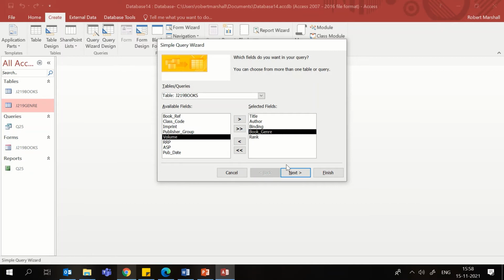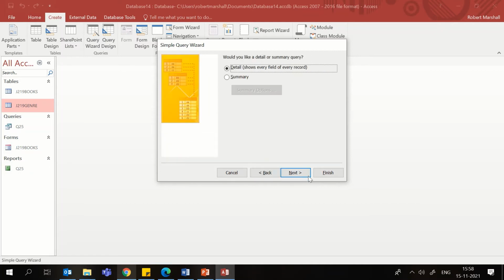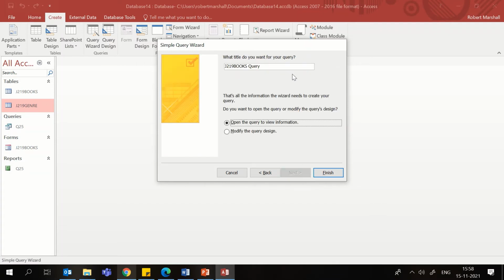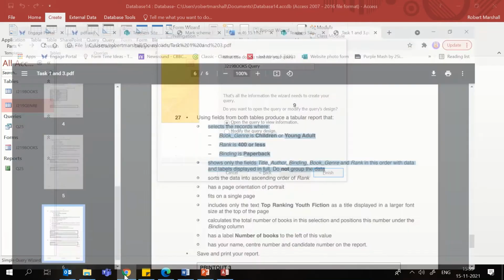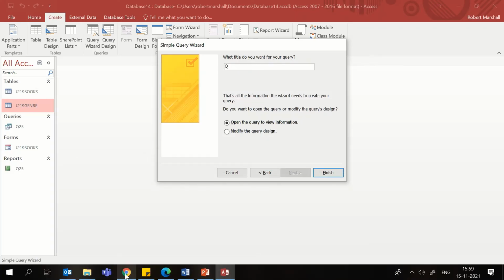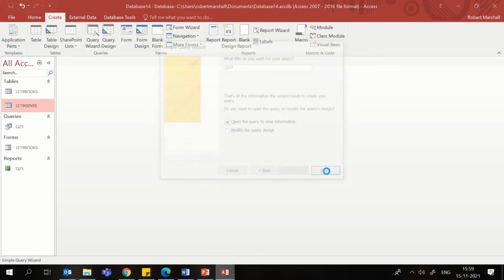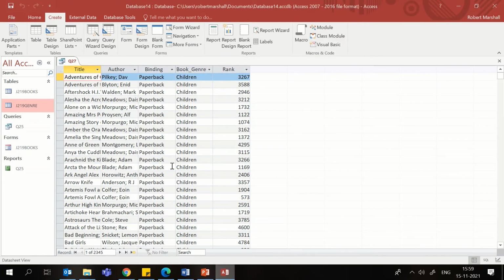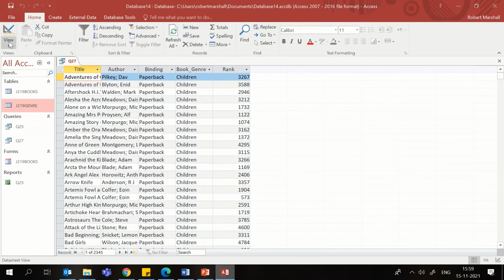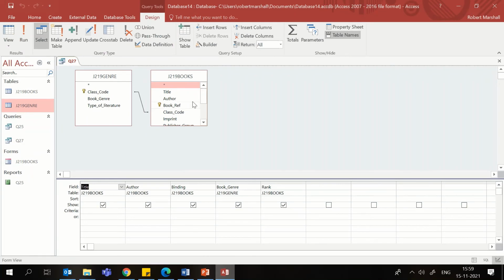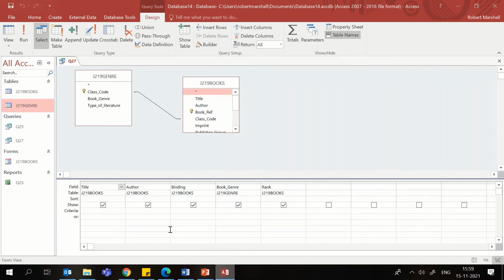Okay, and we can reorder them later. So they're the ones we need. And we need detail. And it's a good idea as well just to call it the same question, question 27, and then we know it's there. All right, and then we can go to Home, go to View, Design View, and you can see here the